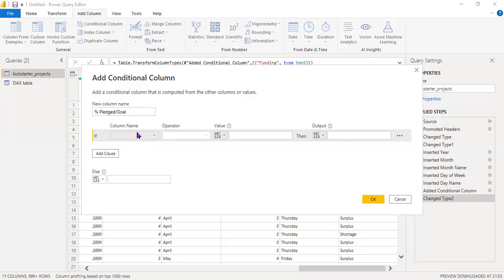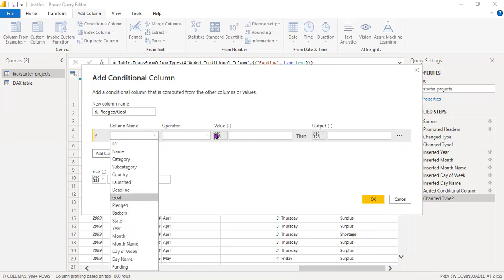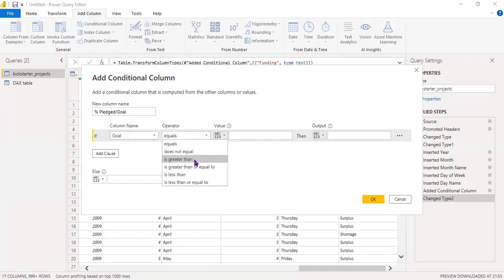Okay, all right. Yes. So we're going to see if the goal is greater than 1,000, right? Comma. What do you want us to do? We want to calculate the percentage. Then let's see, will it take a formula? Let's try it. I've not done it before. So equals to